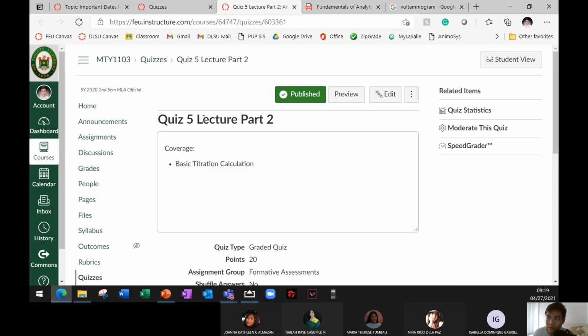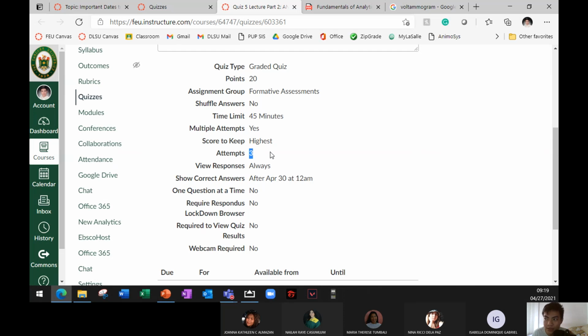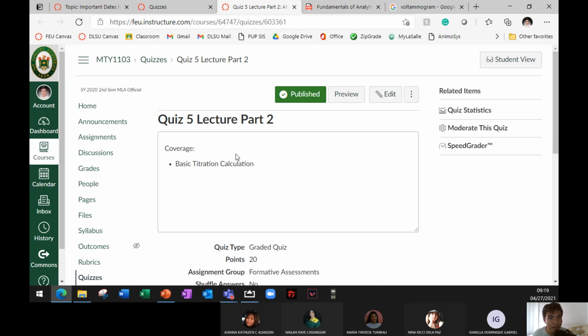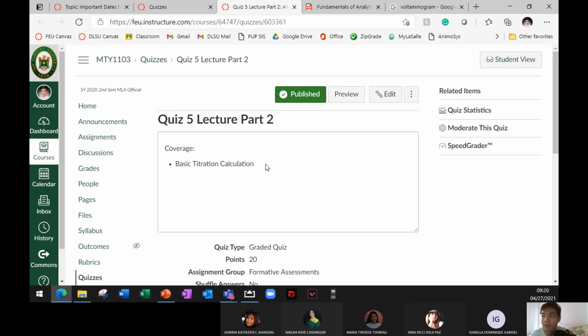So, again, for this part 2 of the quiz, just follow this one. Ayan. So, ano to? 3 attempts. Yes, 3 attempts yan. Para bawing-bawi na. However, if your answer is near sa correct answer, then I can consider that. Pero yung consideration, gagawin ko na lang siya after the deadline, para isang upuan lang pag nag-check ako. Okay? So, again, don't forget this, deadline by Thursday.